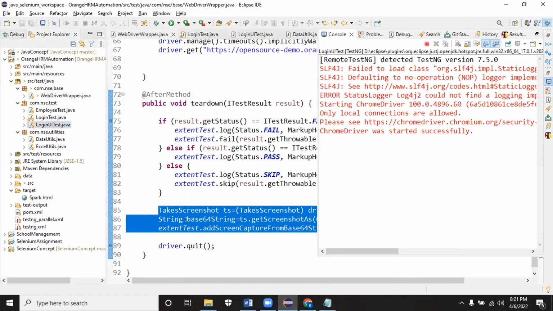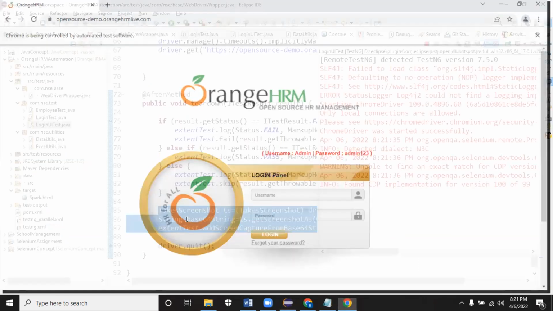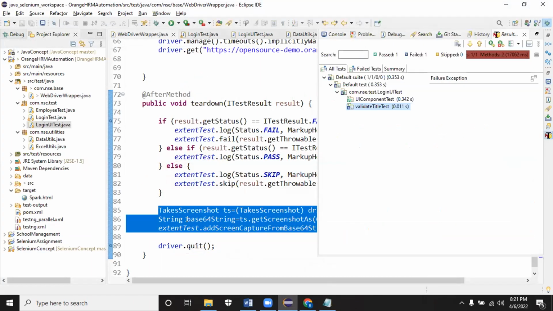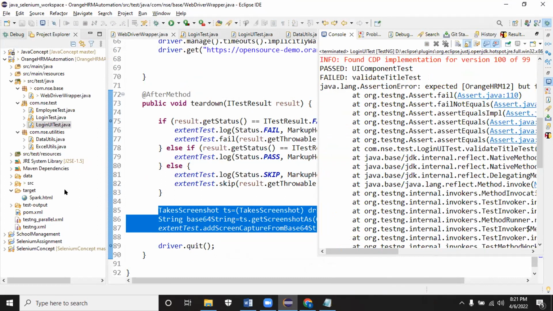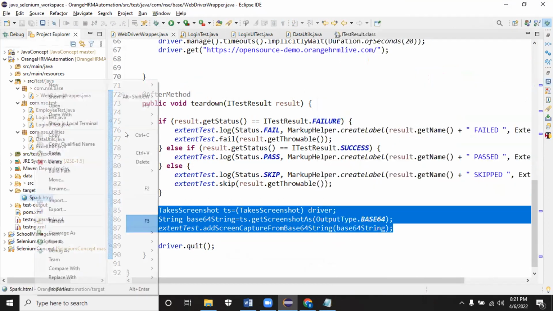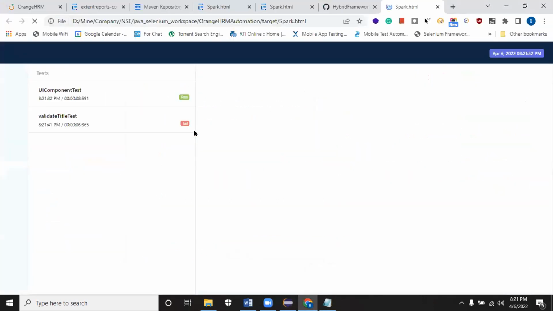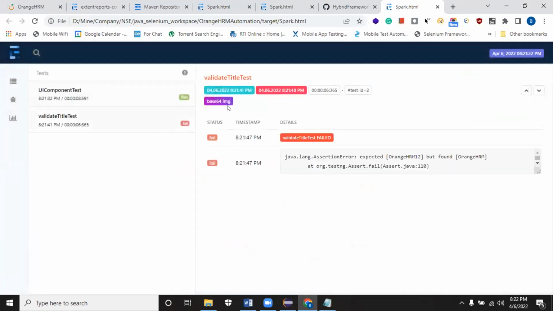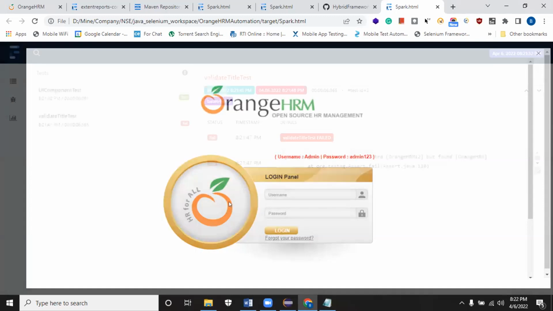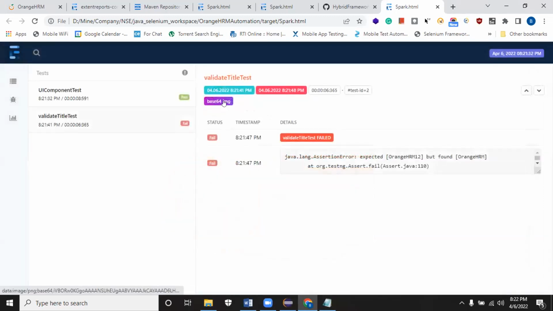That's it. So lots of things are very easy nowadays. They have largely customized everything. Most of the things they have customized easily, so it happens in quick time also. It will try to generate the report. Some failure. Let me check that. Yeah, title is not matching. So that's a failure. That's correct only. You see, on failure, it will embed the screenshot in the report.